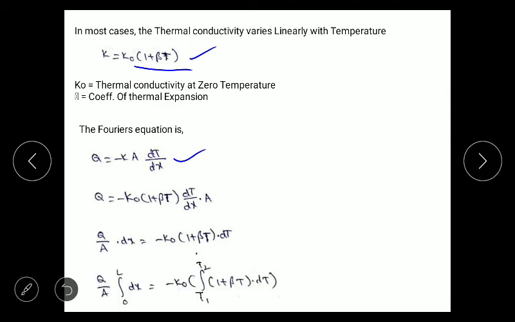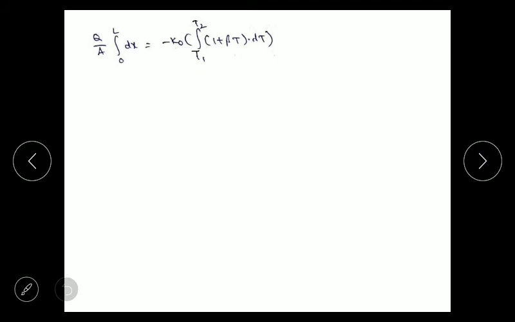We have the boundary conditions. At x equal to 0, temperature is T1. At x equal to L, temperature is T2. With the application of these boundary conditions, let us integrate this equation. The integration of dx is x. The upper limit is L, lower limit is 0, so x now will become L minus 0, which is L. So at the left hand side we have Q by A into L, which is equal to, at right hand